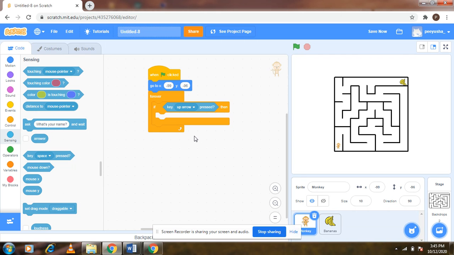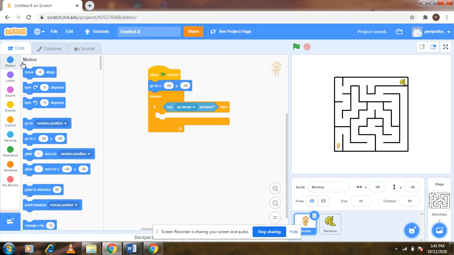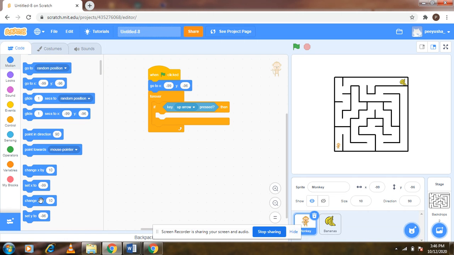Now if I press the up arrow key, I would want my monkey to move in upward direction, for which I am going to go to motion and change y by 10. This is the code block that I picked. Now instead of 10, I would want to move it by only 5. So whenever the up arrow key on the keyboard is pressed, my character will move 5 pixels in upward